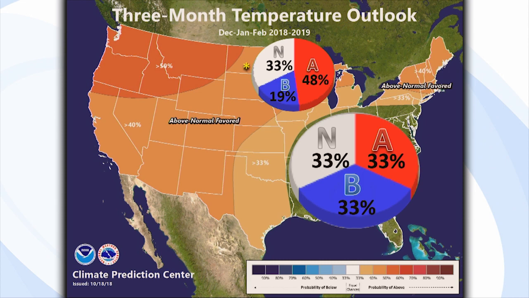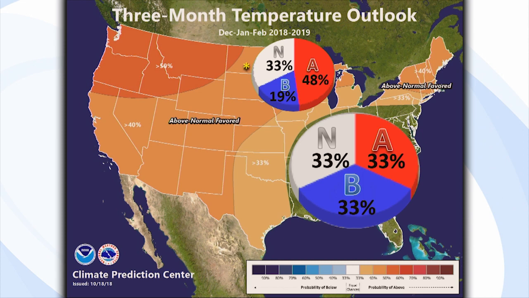When you look at these maps, you'll notice that the darker the reds, the percentages go up, and the darker the blues, the percentages go down, representing the below normal. That represents the confidence that a forecaster has that the average temperature over that 3-month period will be in the above normal range. So notice in the Bismarck vicinity, that's the little asterisk in yellow, we went from 33% up